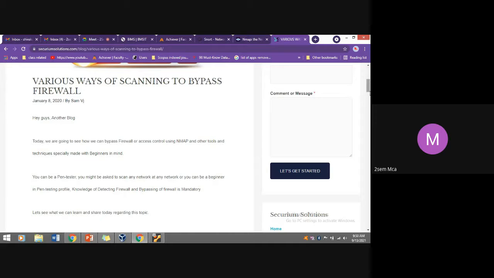They cannot write rules like "allow me, don't allow others." According to the organizational requirement, they have to define the rule setup, and still they need to access the firewall. This is the pros and cons of firewall implementation. But still, people need to access some of the traffic, and in such situations they are going to bypass the firewall.